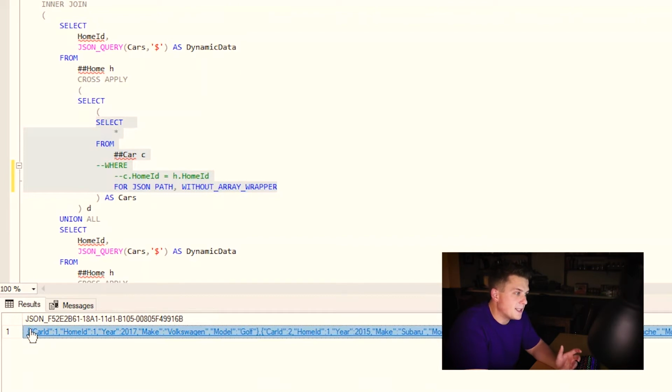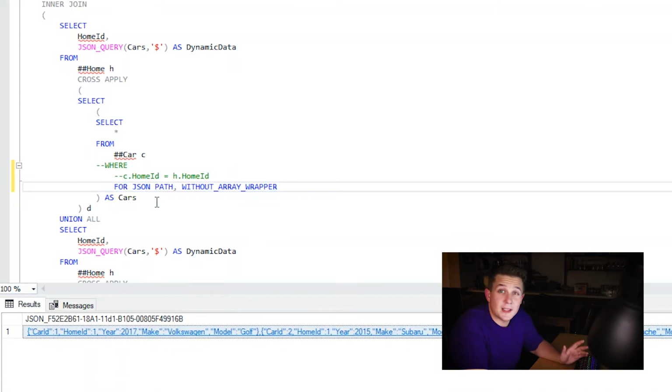brackets on either end. Now I know that sounds simple, but using that without array wrapper is way better than having to parse your string with left or right functions or substring or something like that. It's just much cleaner. So now the second thing we need to do is to use cross apply, because we basically